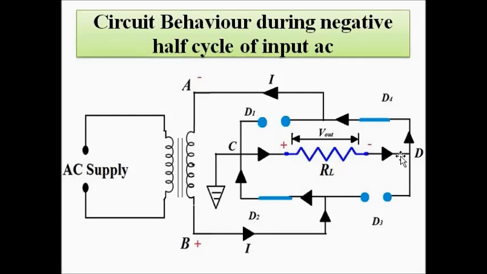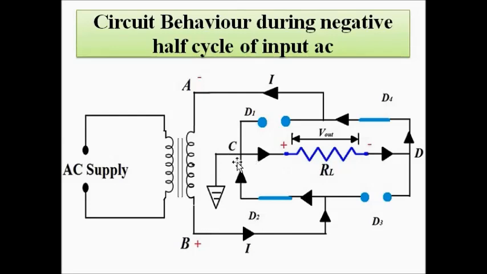So, in both the positive and negative half cycles, the direction of flow of current through the load resistance stays the same. That is very important, because only when this happens can we call the output voltage across the load resistance DC. Just imagine if the current had flown from D to C, we would have called it an AC signal, because the polarities are getting interchanged